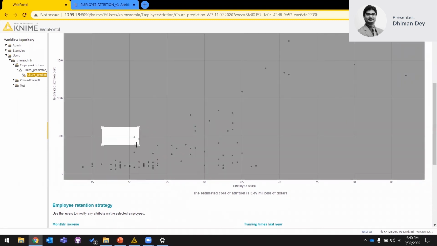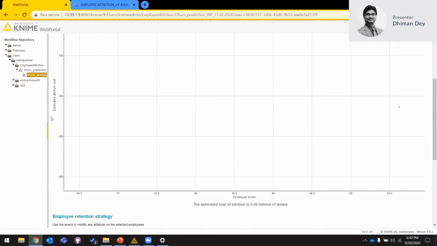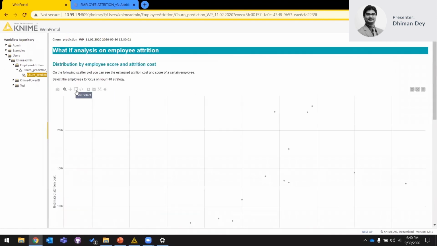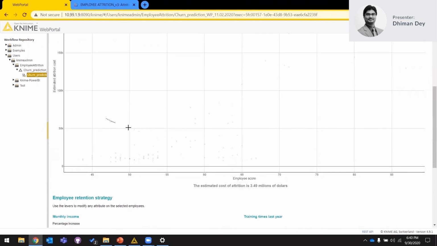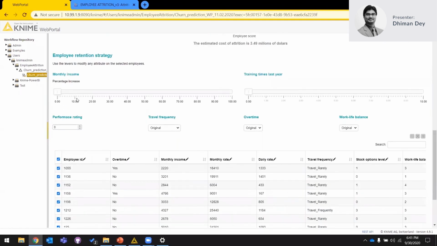So let's say I select the low segment of the employees, and try to give them, let's say, a 10% increase, and let's say a couple of trainings a year. Okay.